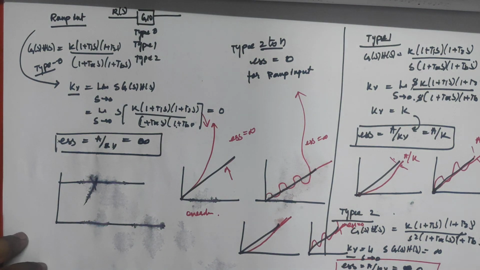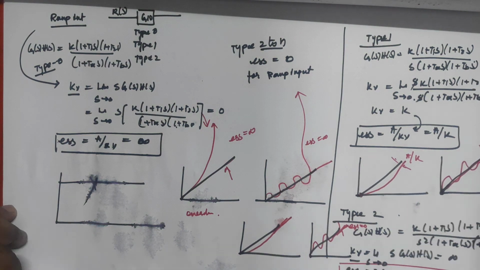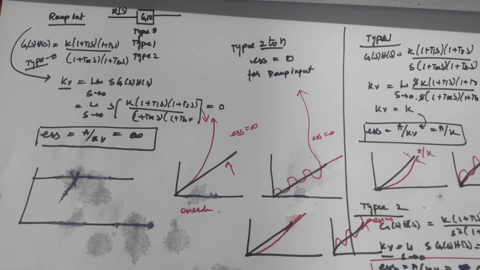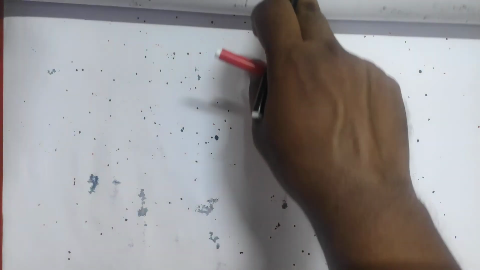Now moving to another signal, that is the parabolic input. Okay, so we'll move. Now for the parabolic input,